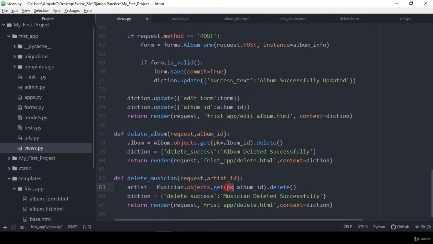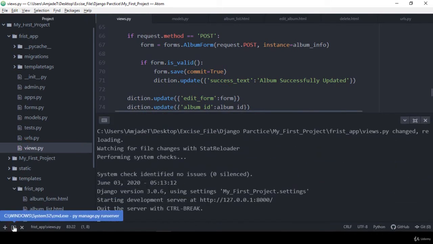get, and the primary key I have defined as artist ID. So I just simply define it as artist ID. It should be deleted, right? So now it should be deleted from our musician. So now if you click on save all, first of all I want to check that everything is